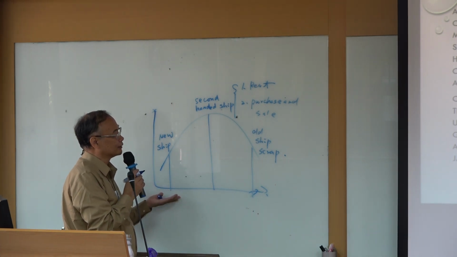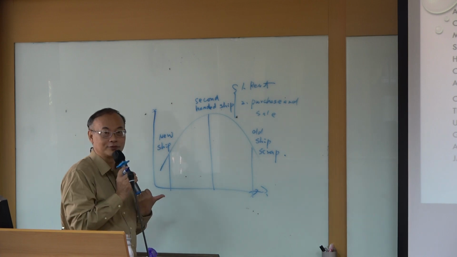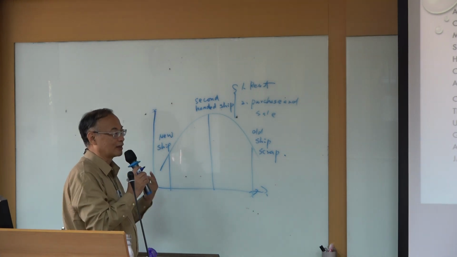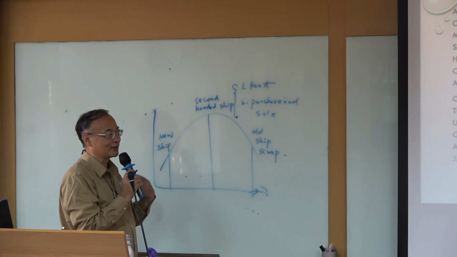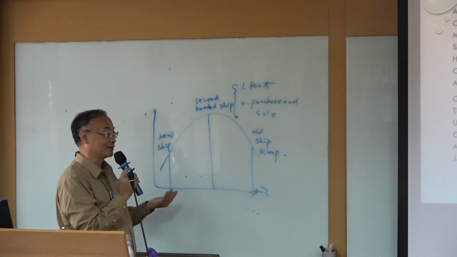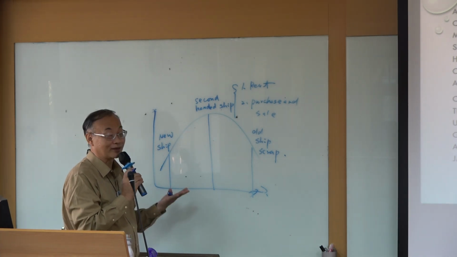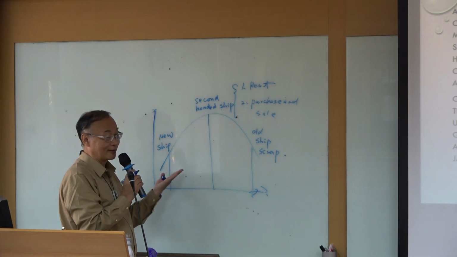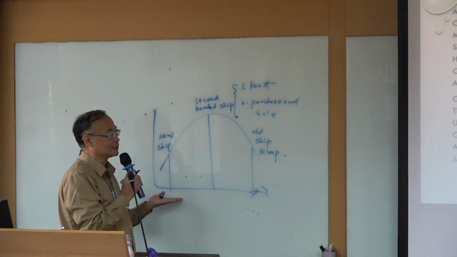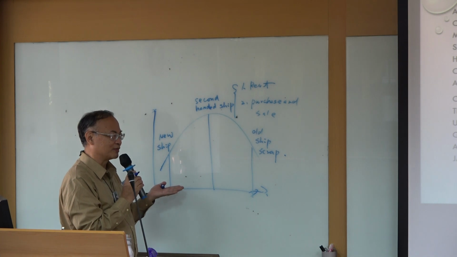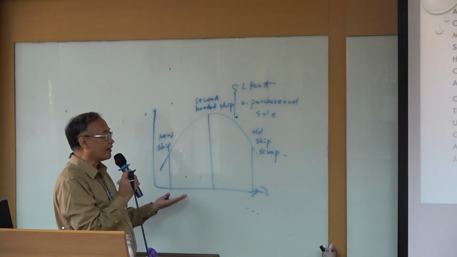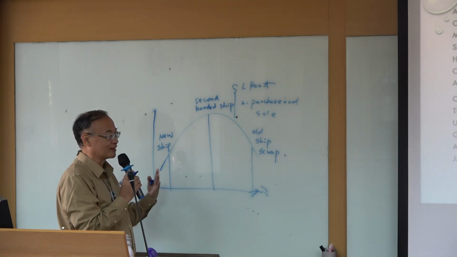Second-hand ships will divide into two parts. First one is the ship for rent. Just like with a second-hand car, you can rent a car sometimes to travel to another country or go to another place. The second means maybe you have a second-hand car and you would like to buy a new one, and you can purchase a second-hand